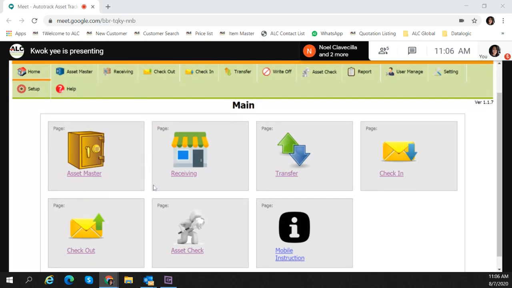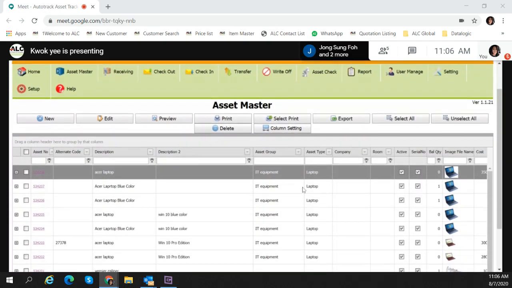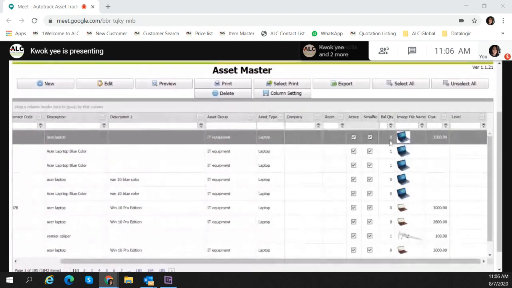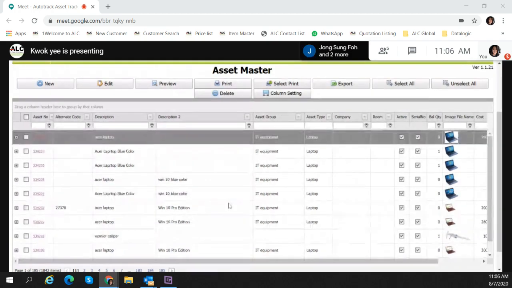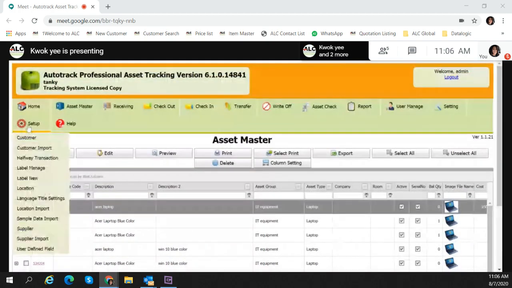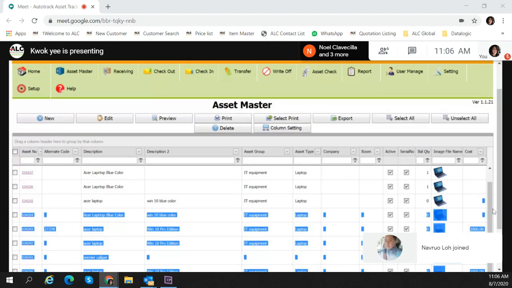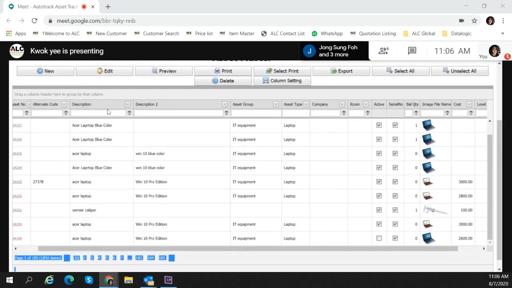I got it. It's the problem page. Solved already, I can use already. This is where you see all the asset, the description, where it is. Just now I mentioned the user-defined field in settings, it is for this header over here. For example, because now I have 1 2 3 4 5 6 7 8 9 10 11 12 13